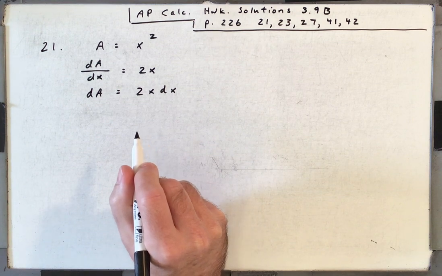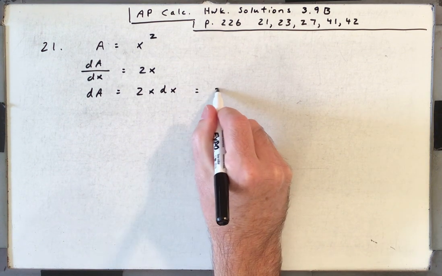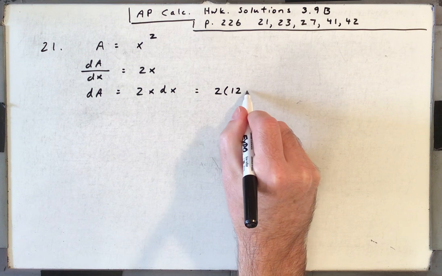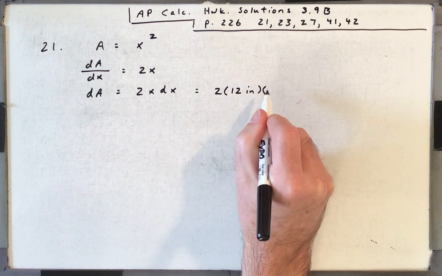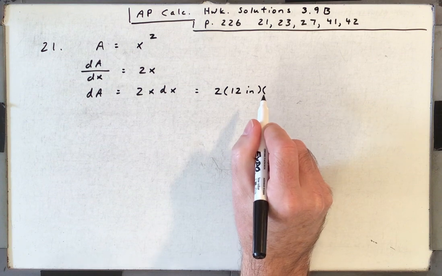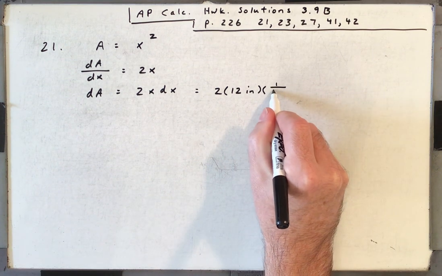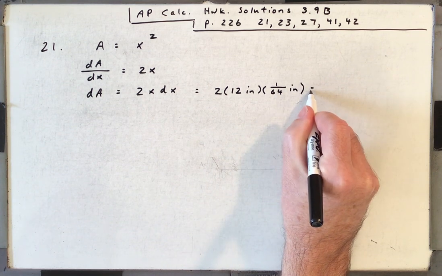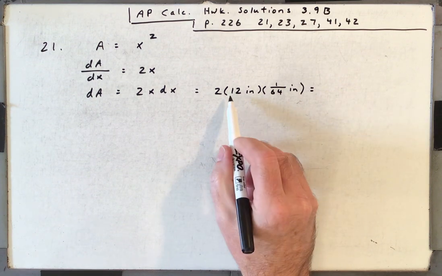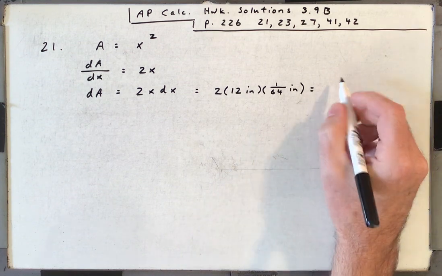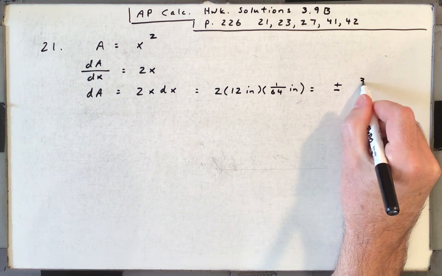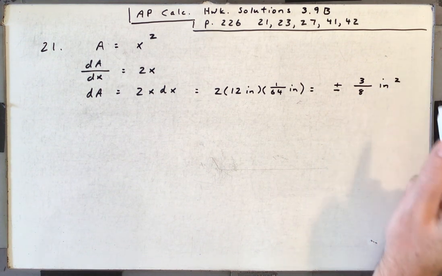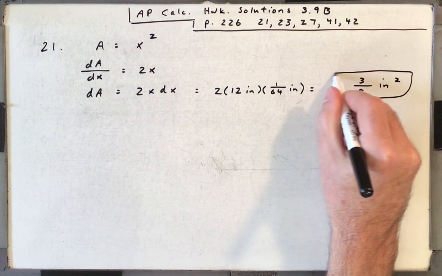All right, so now it's just a matter of plugging in. That's going to be 2 times the side of the square, 12 inches, and then the possible error is 1/64th of an inch. Of course, that's plus or minus. So that would be 24 times 1/64, which is plus or minus 3/8 inches squared. So that would be our propagated error,